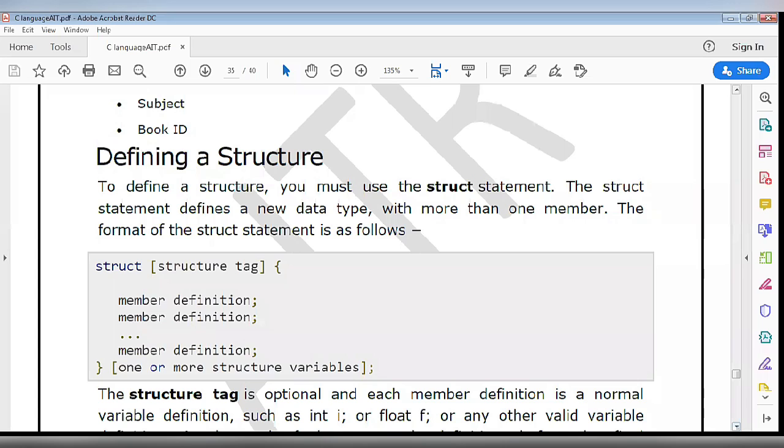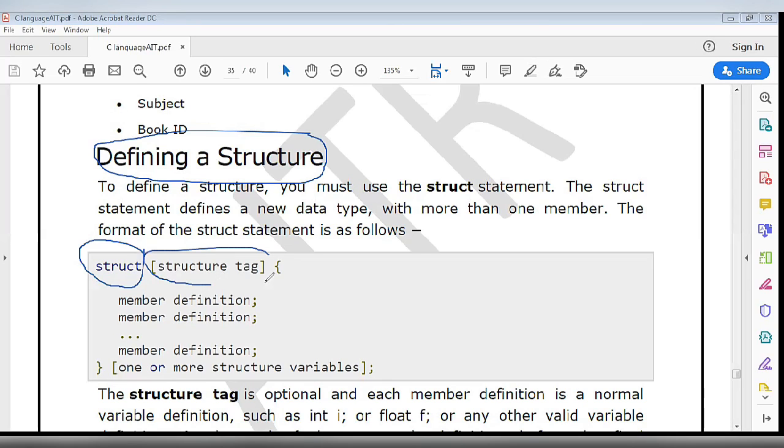Now we will understand how we can define a structure. There is a way for defining a structure. For defining a structure we use the struct keyword. You write struct, then a space, then the name of the structure. The name of the structure is user defined. The user may have any name for the structure, like in the case of book we can have the name of the structure as books.